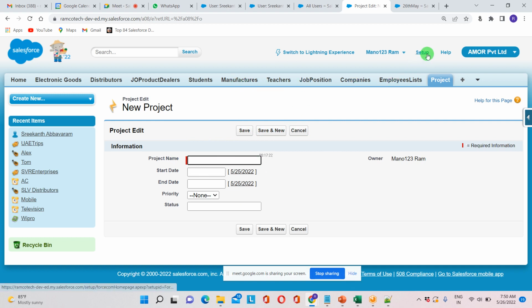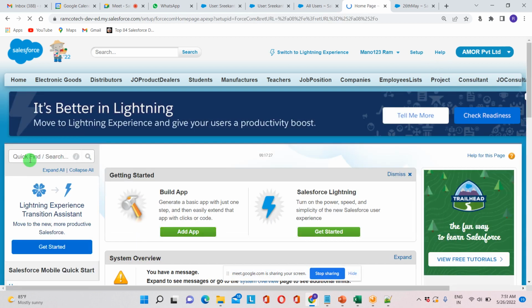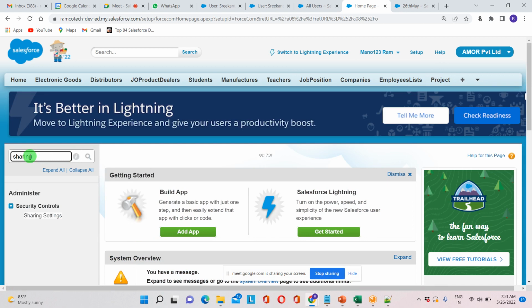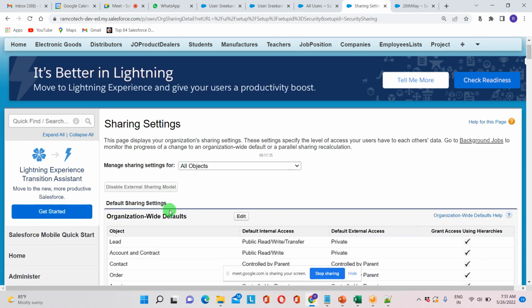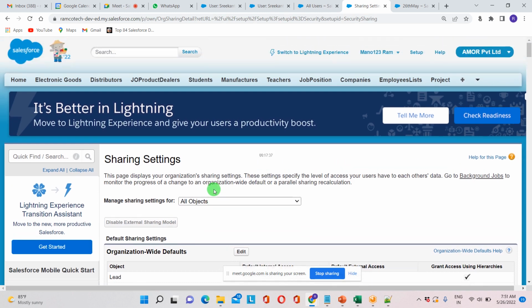Okay. So just remember, once again, go to Setup and go to the quick find bar. Here, sharing settings. Just click on it. And now what is our target? We want to see what is the OWD for project. Here you can select the object name,